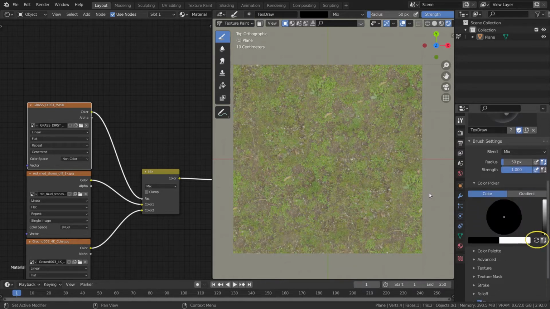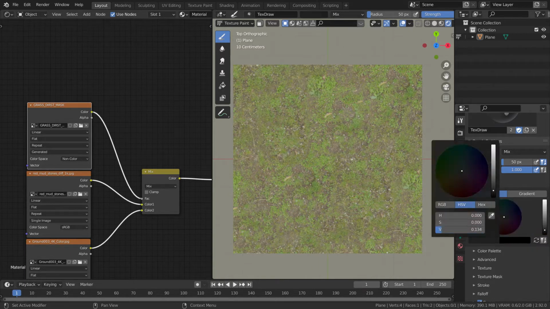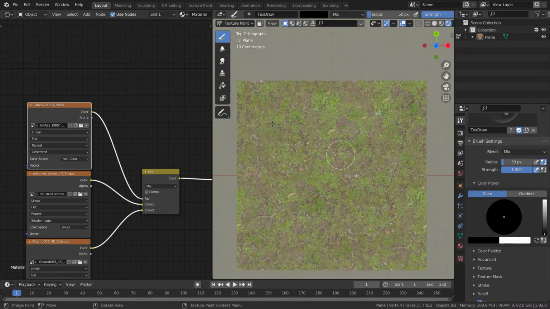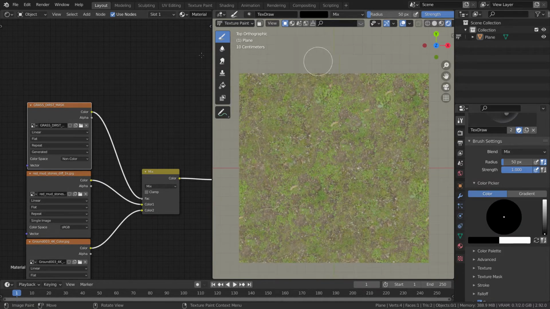You can click on this button where my mouse is right now. That just inverts anything we have between these two color palettes. So you can change this color to black or just click over here. The thing is we need the black to paint on the white.